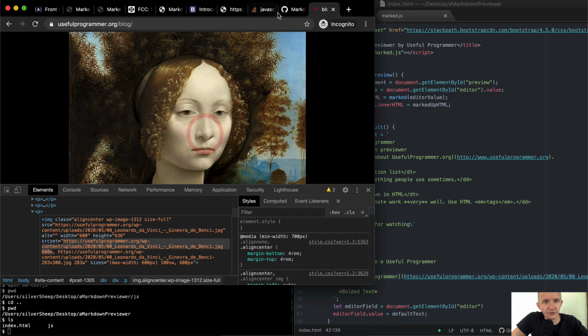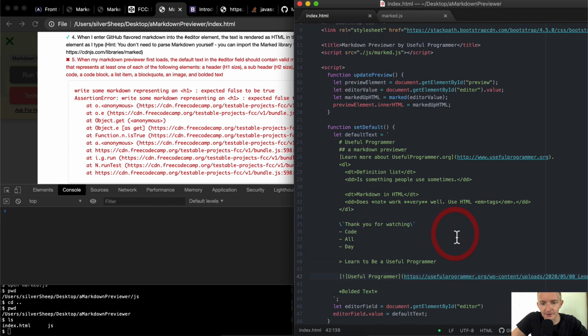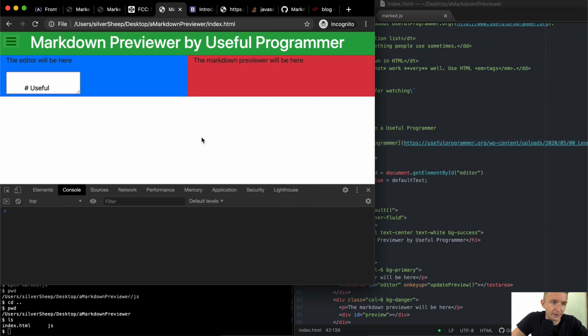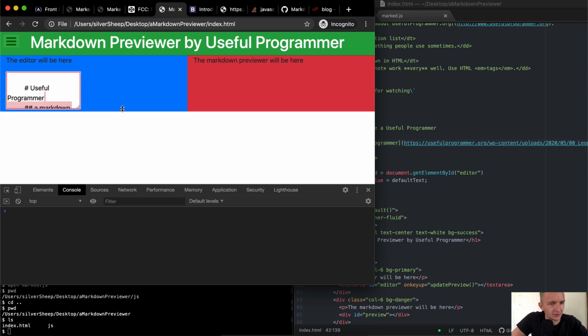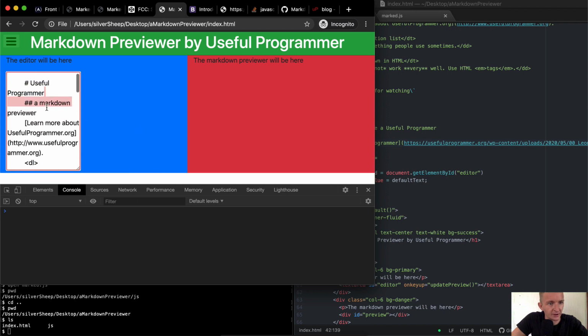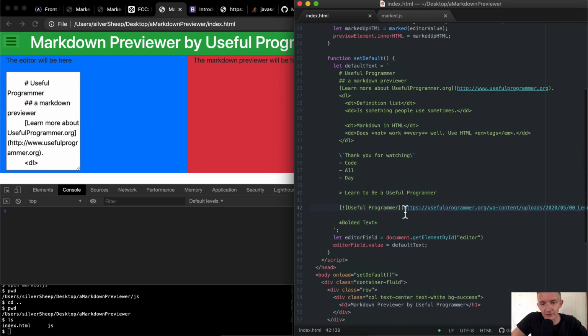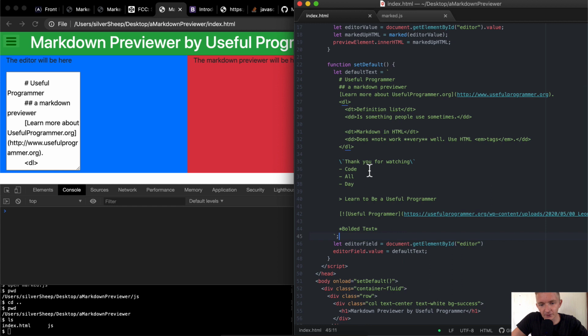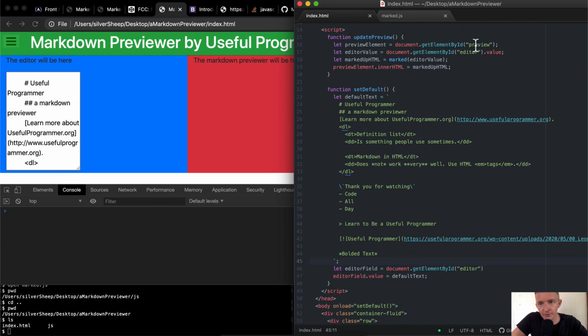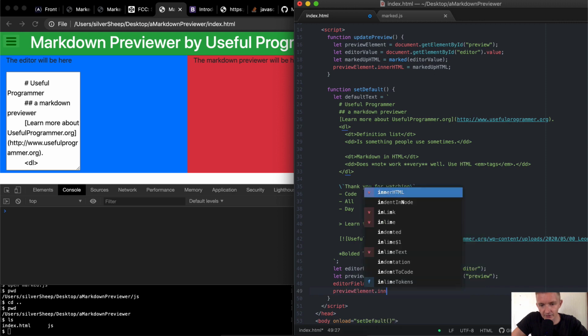Cool. So if I save that and I come back over here, nothing will happen, right? Because, well, what will happen is I've got a ton of code in here, and it's all misformatted, but worry not. We'll get it to work better later. Now, what's going on is on our set default, we're only loading it into the editor. We want to add it to the Markdown previewer as well. We've already got the preview element set up here, and I'm just going to do it again. And so then we can go preview element dot inner HTML